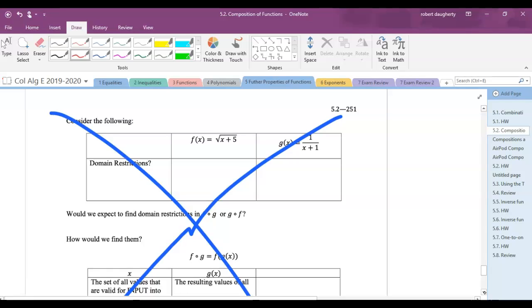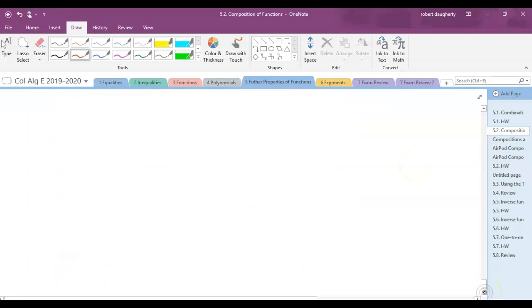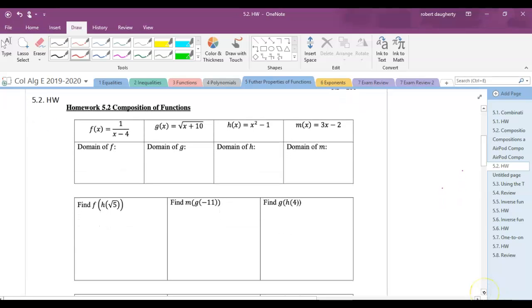What's the next section? 5.3. Anytime this semester it says use the TI, we're skipping that for the fall. We'll be using the TI in the spring. No, you still need the skill of finding the domain, okay? So if I look, guys, at your homework, it is still, guys,